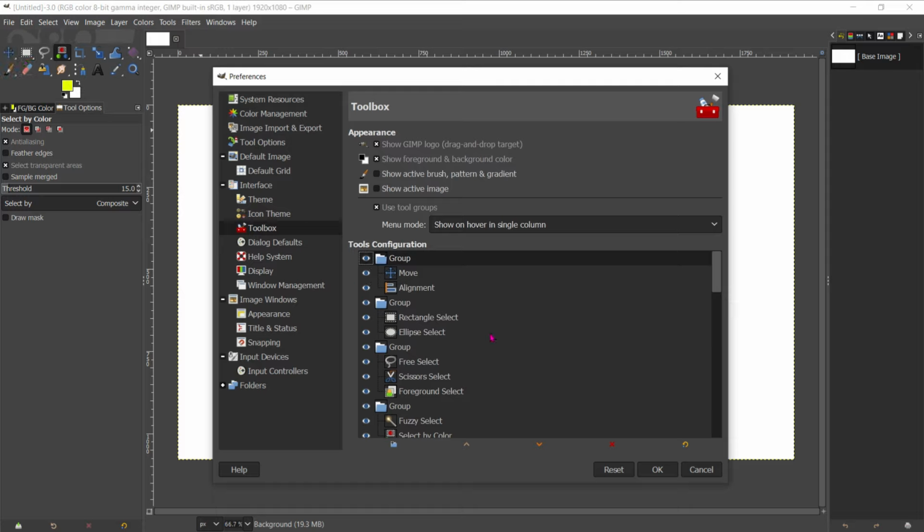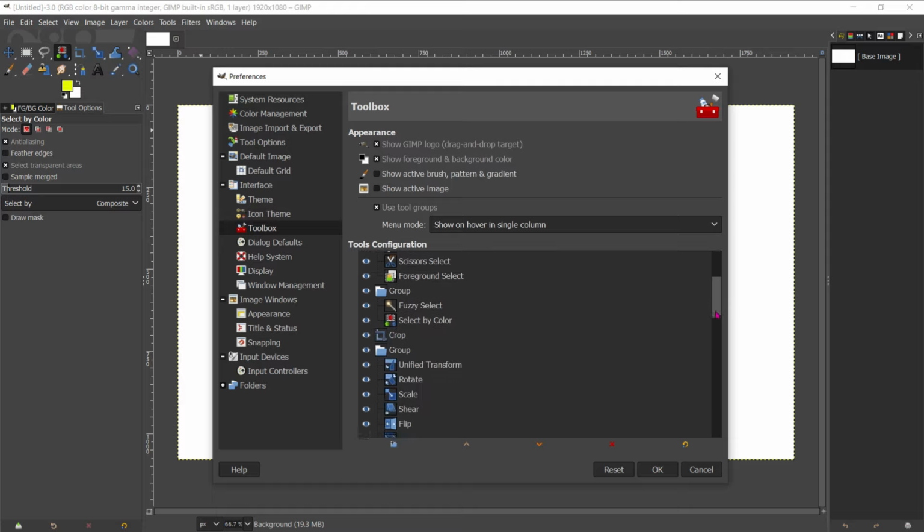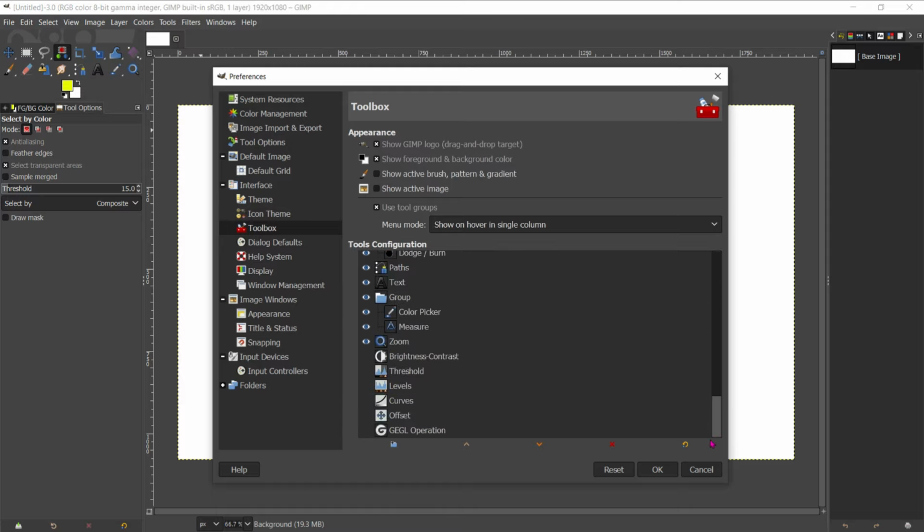So we have different groups available here. In zoom, and then brightness, contrast. In this group, color picker, measure, zoom. You can see here. So this is the purpose of configuring the tools.